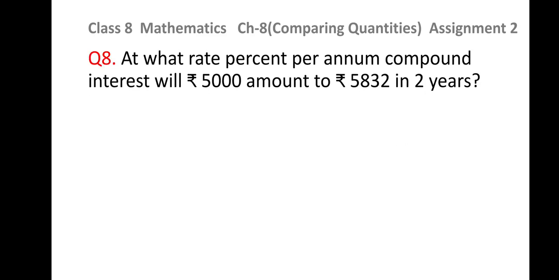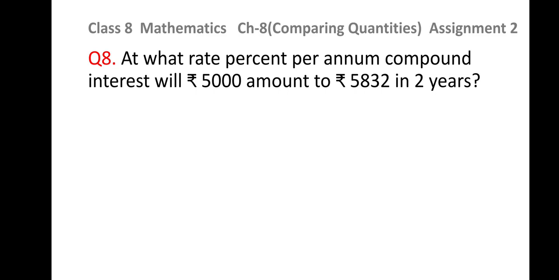So children, we have seen that question number 7 was based on the concept of overhead expenses or overheads, and we know that we need to add the extra money spent on transportation, repairs, taxes, etc. into the cost price. So we have taken the total CP, and SP was given to us, and then we have compared the two, and we have come to know whether profit or loss is there, and then we have calculated profit and profit percentage.